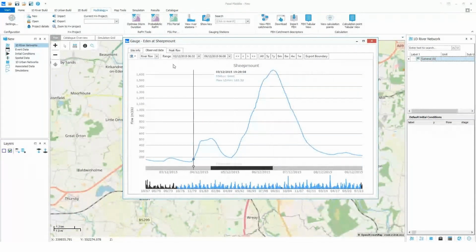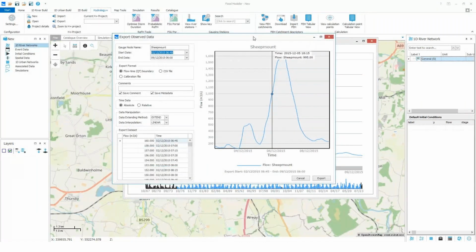So I can pull off the peak flow data from there. I could switch that to level data. There's a little menu over here to switch between level and flow. I can also export that data. So if I want to use that as a boundary for my model, I can export that directly into Flood Modeler standard. So I can export it as an event file, a CSV file, which could be used in 2Flow or other software, or a calibration file to calibrate my model. So I just do that quickly, click export,